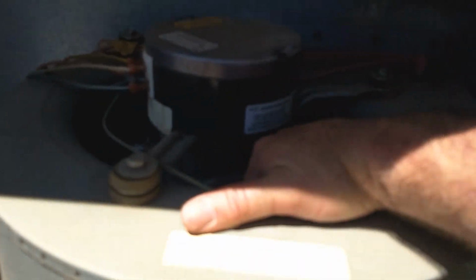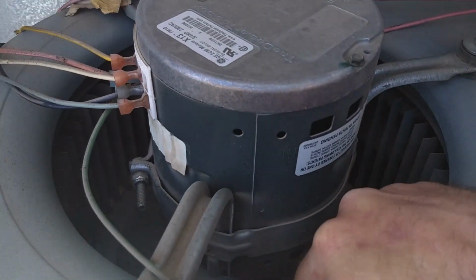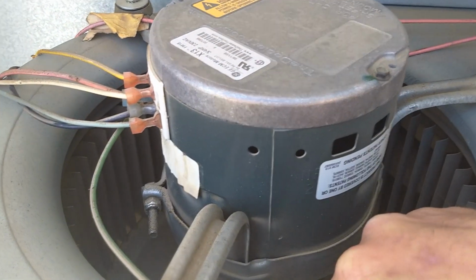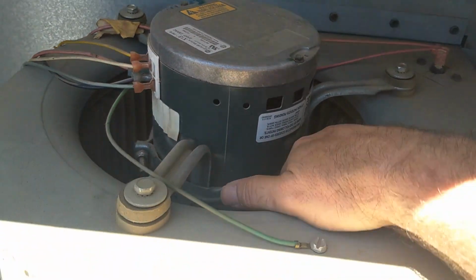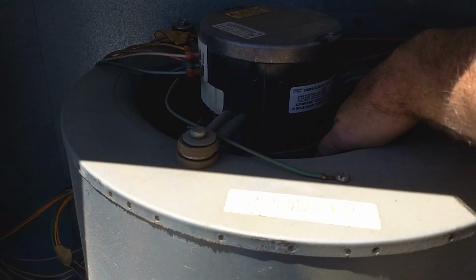And so all you could do is just check to see if the bearings are good. I'm pulling up and down on the fan right now. There's no play on the shaft, and it does spin freely. Not quite as freely as a PSC. As you notice, it's already slowing down and stopping, and that's normal for an ECM not to spin quite as